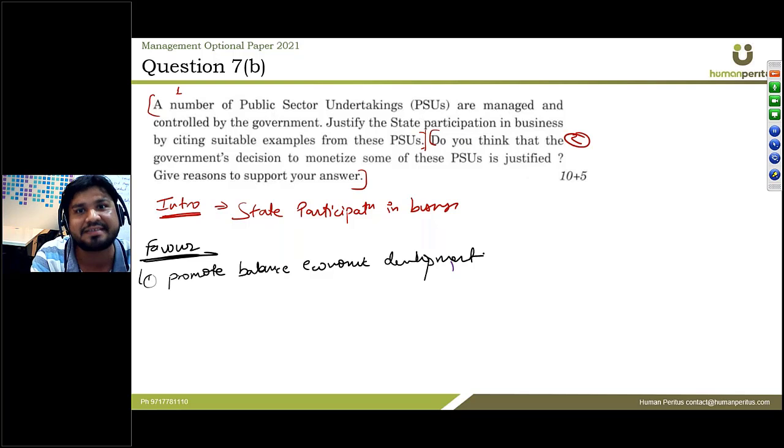तो मेरे पास केवल बीएसएनएल का ऑप्शन था. अब देखिए क्या हुआ, बीएसएनएल सरकार की पीएसयू है, तो उसने लास्ट माइल कनेक्टिविटी दे दी मेरे को, क्योंकि पता है कि यहाँ पे जो प्राइवेट कंपनीज हैं वो इन्वेस्ट नहीं करेंगी, क्योंकि वहां जनता ही नहीं है खरीदने वाली. आप समझ रहे हो, सो इट इज अ वेरी गुड एग्जाम्पल. बैलेंस्ड इकोनॉमिक डेवलपमेंट पीएसयू को जस्टिफाई करने के लिए एक अच्छा पॉइंट है. ठीक है. इसके बाद सेकंड पॉइंट में लिख सकता हूं कि कई सारी क्रिटिकल इंडस्ट्रीज हैं,